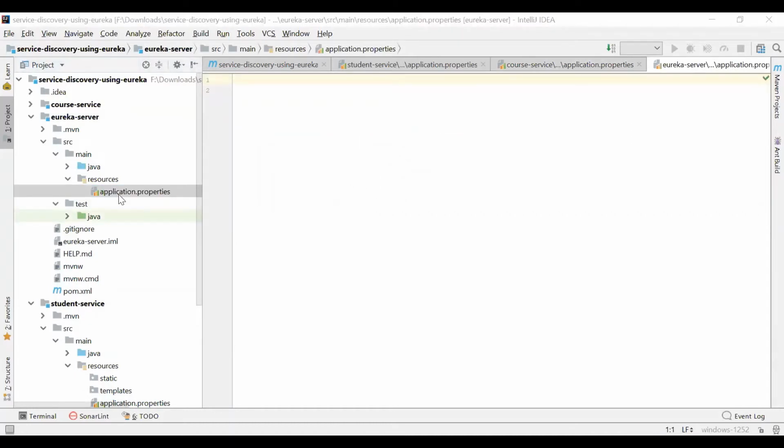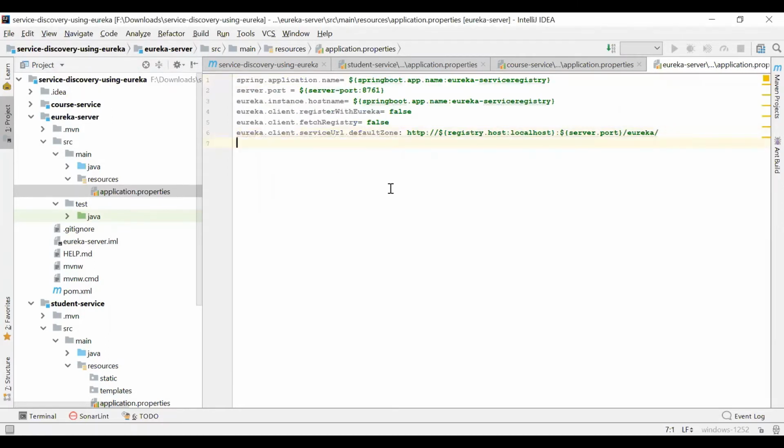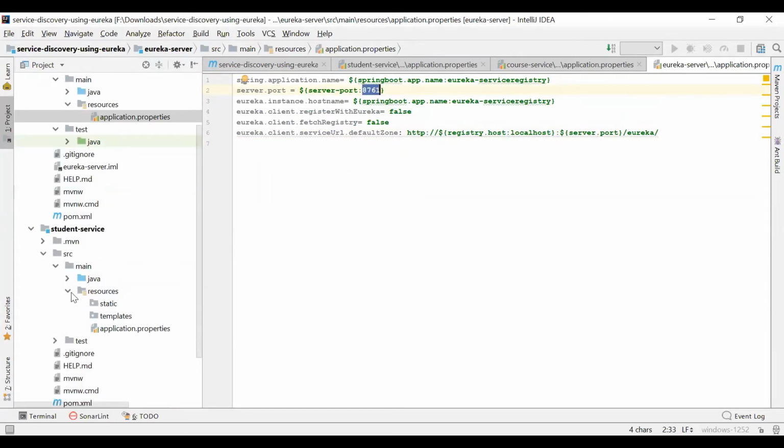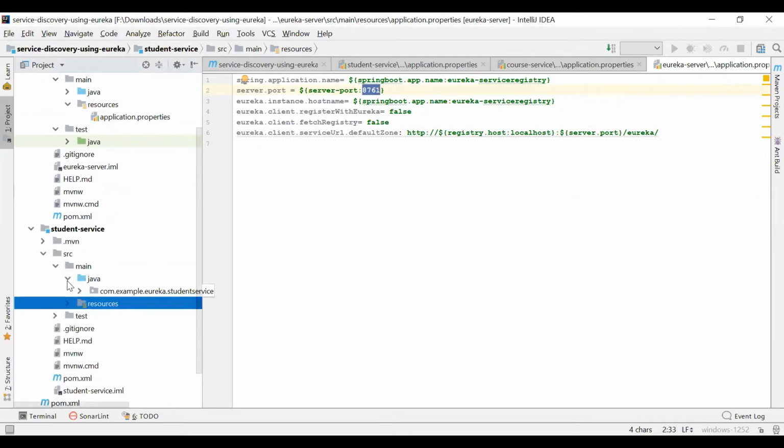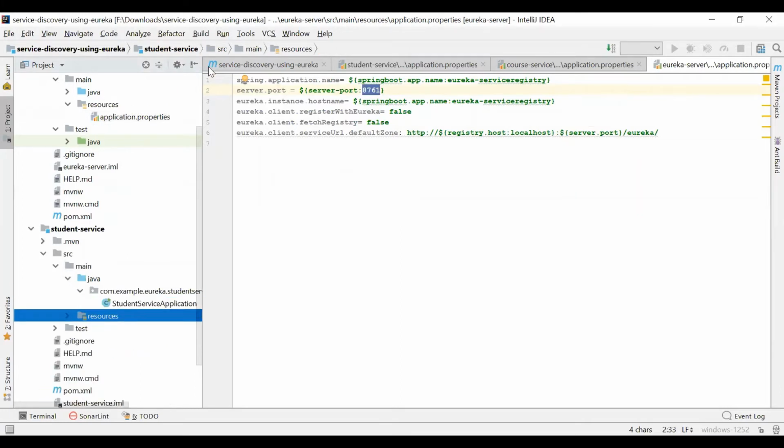So mostly, this is the setting. Here I have told that this is running at server 8761. So now let's start coding. Here inside